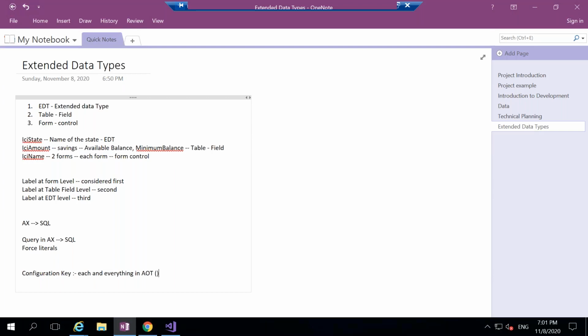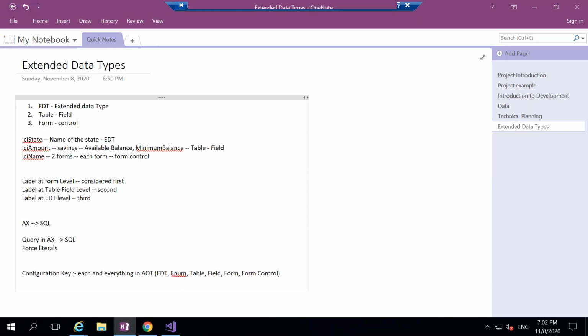It will be there for EDT, for enum, for table, for table field, for form, for form control. Whenever you find the properties of an object, there you will see one unique property, and that is